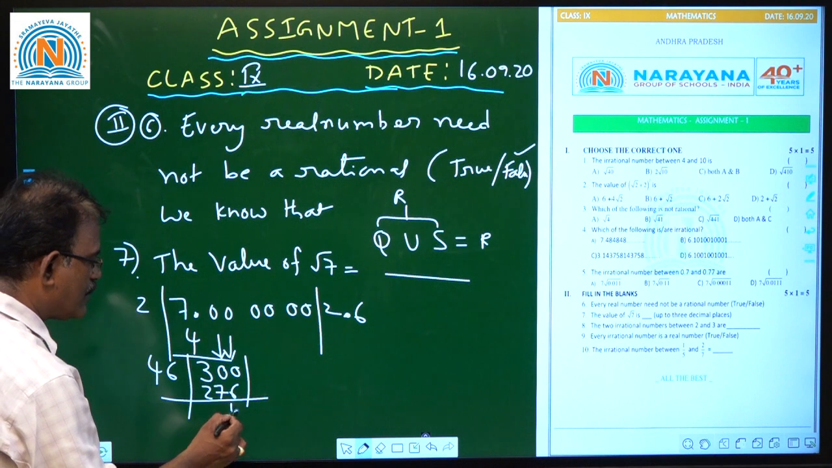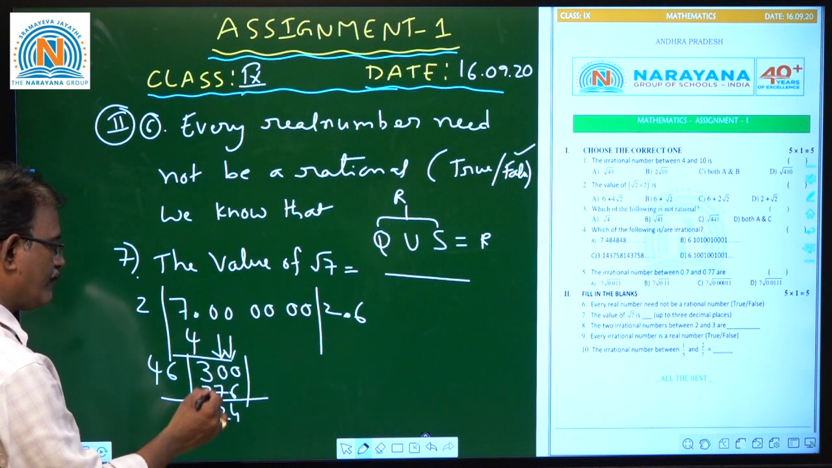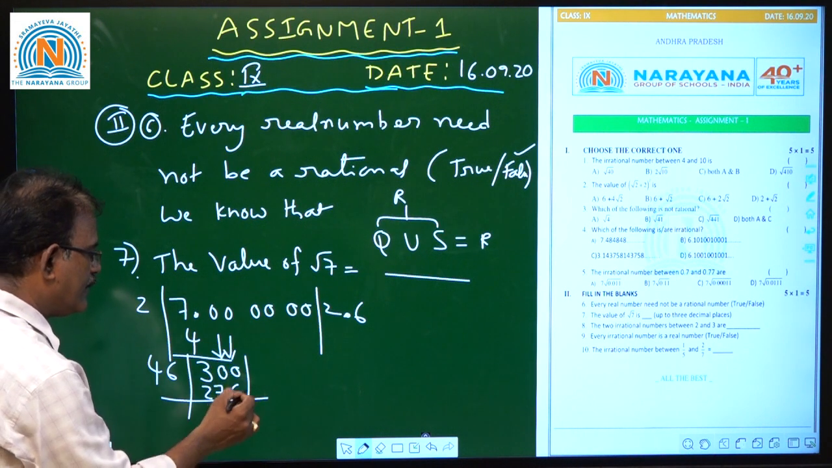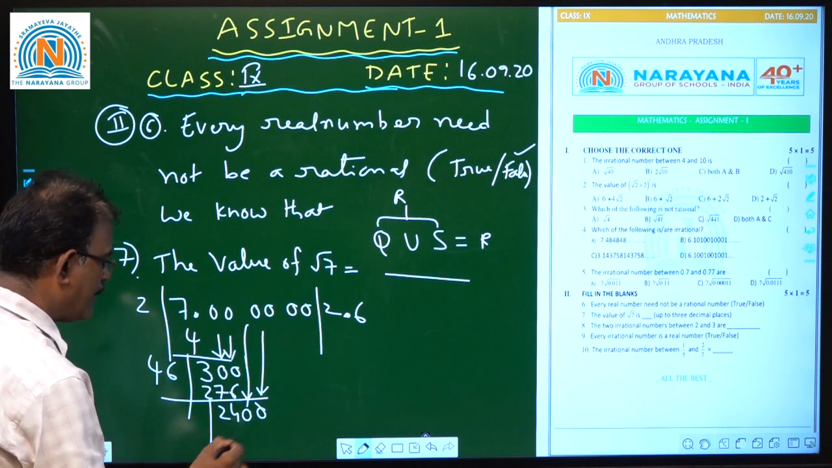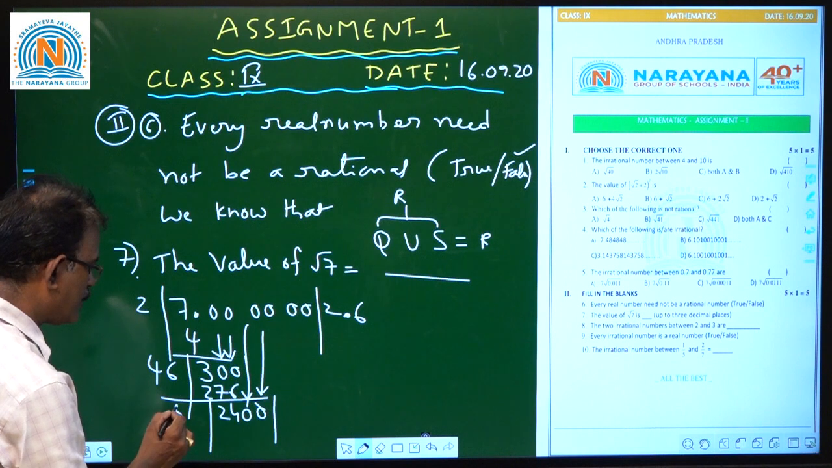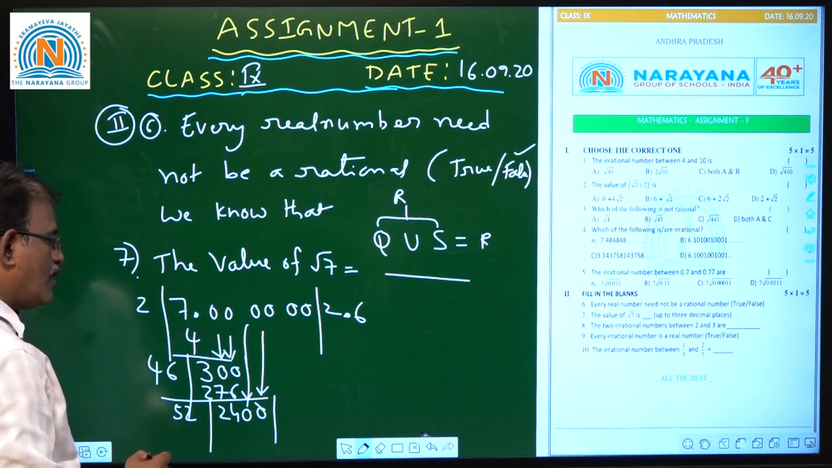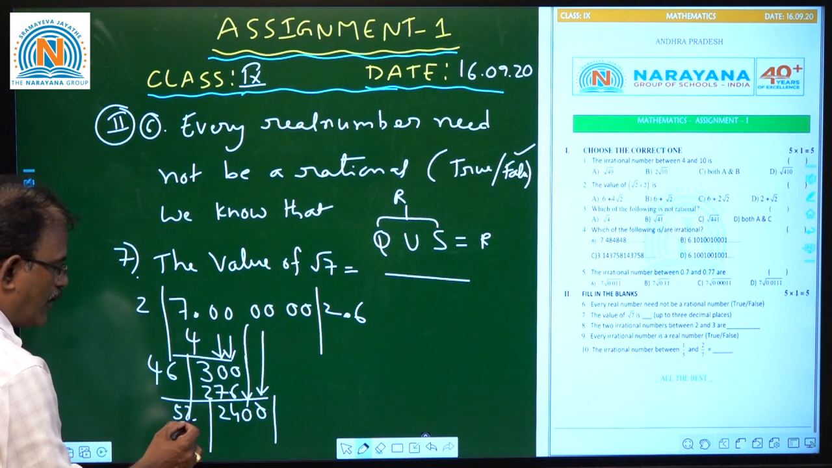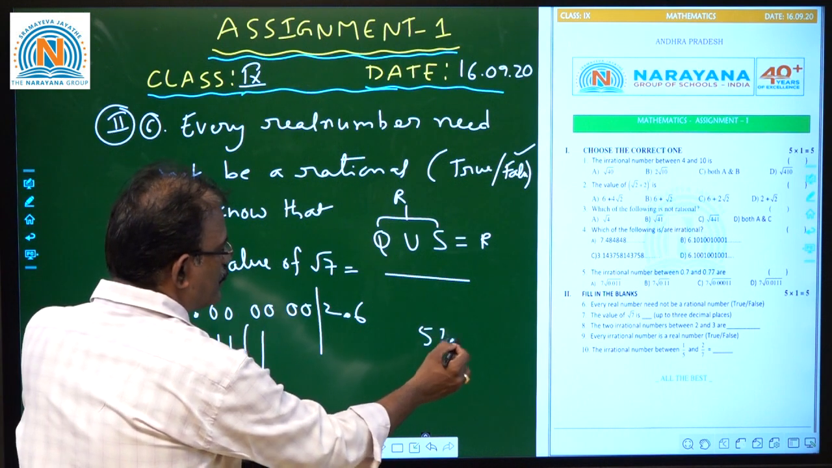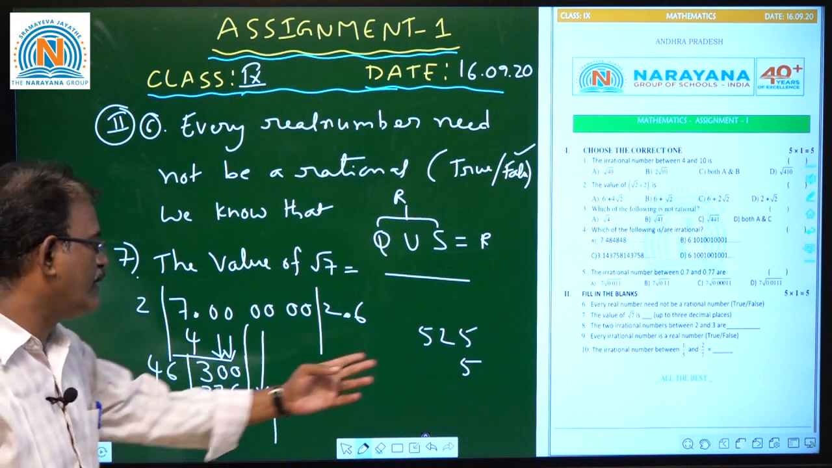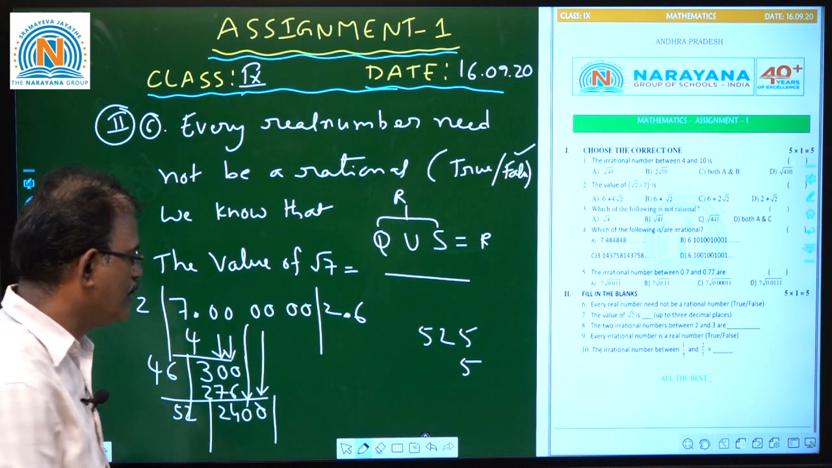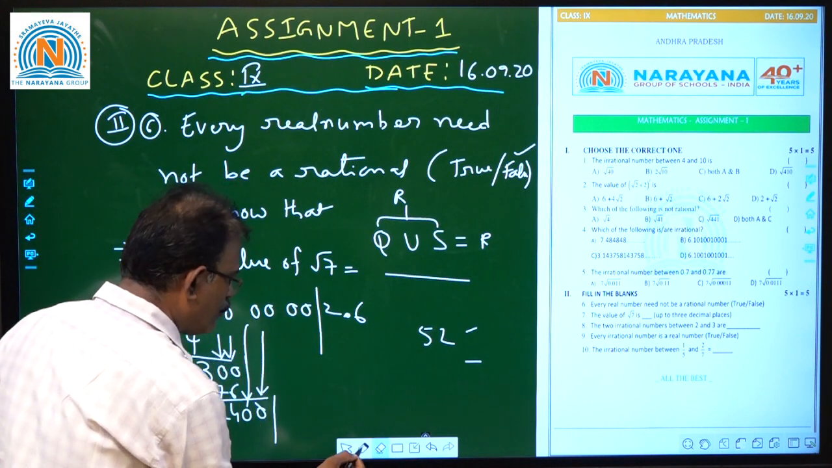Okay, then this is 24. Again, bring down the 2 zeros and again double the quotient. This is 52. Now if you are taking 52 after 5, then 5 into 525 is 2500, but it should be 2400. So if you take 4,